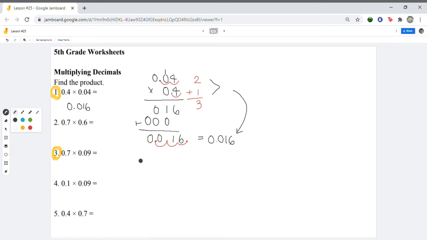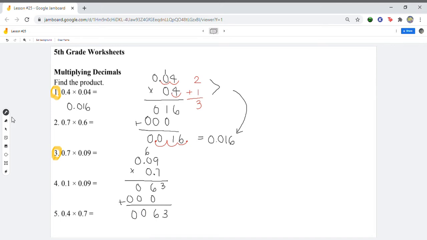So again, I'm going to place the number with the greater number of digits on the top, which is 0.09, and I'm going to place 0.7 below it. You don't have to align the decimal points as you would usually do when you're adding. Since this is multiplying, you don't need to align them, nor do you have to align the place values. So we're going to multiply them normally without the decimal. 9 times 7 is 63. 7 times 0 is 0 plus 6, which is 6. And this is 0. And when you multiply them all, you're always going to get 0. So when you add these two, you're going to get